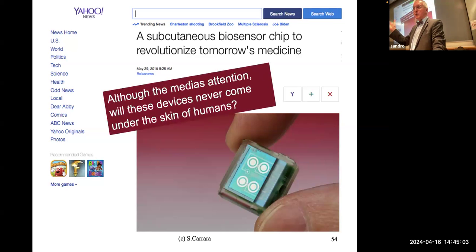Small enough, will it ever go inside the skin of humans, unless they are in a life threat? Because we know that pacemakers are currently used for deep brain stimulation, but these patients cannot stand up without the deep brain stimulation. What about healthy people? Because we are speaking here about general monitoring of the human metabolism, also for prevention. Ten years ago, when I asked in the class, no one seemed prone to get it. I did it last semester, and again the students said, no, why do I need to receive an under-the-skin chip if I'm healthy? Well,